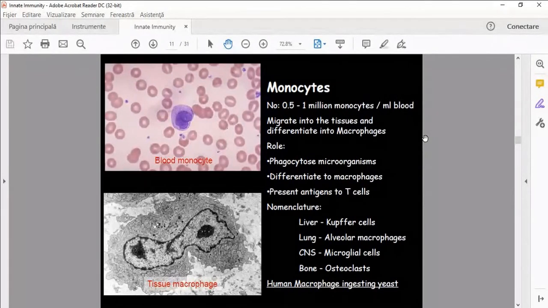In lung, they are called alveolar macrophages. Also, they can be found as microglial cells in the central nervous system, and in bone, they are called osteoclasts. Their main role is to phagocytose microorganisms, but also, as I told you before, they can act as